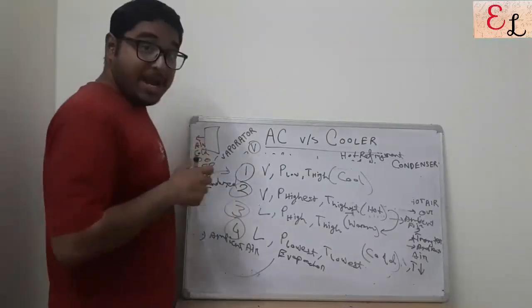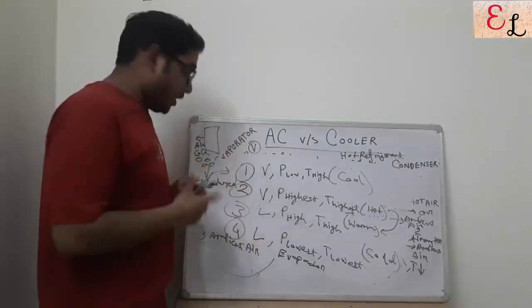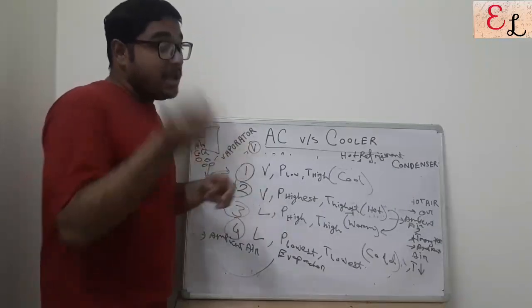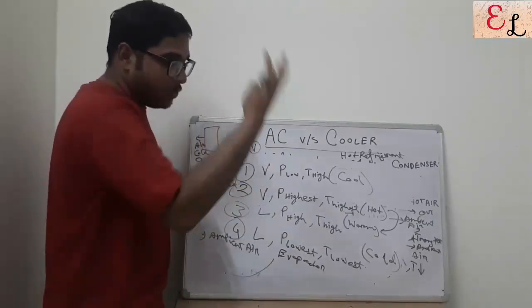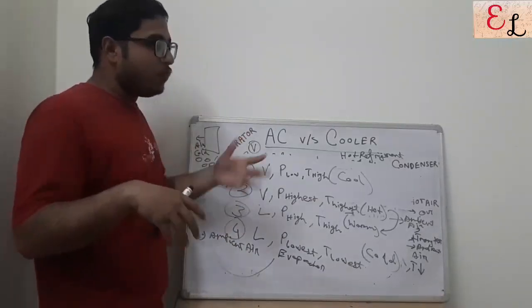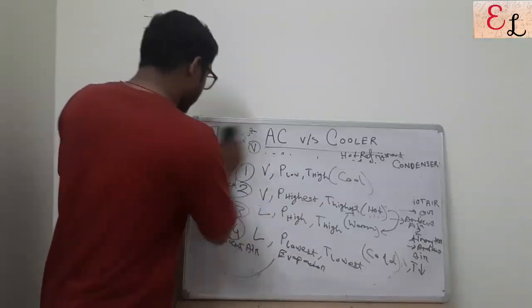Thus you see, when you stand outside an AC, you will see droplets of water coming in. That is the water vapor contained in the air that has condensed. When it is cooled down in the process, the water vapor may condense. So if it is high humidity, you will find a lot of water coming out from behind the AC. This is the exact working principle.